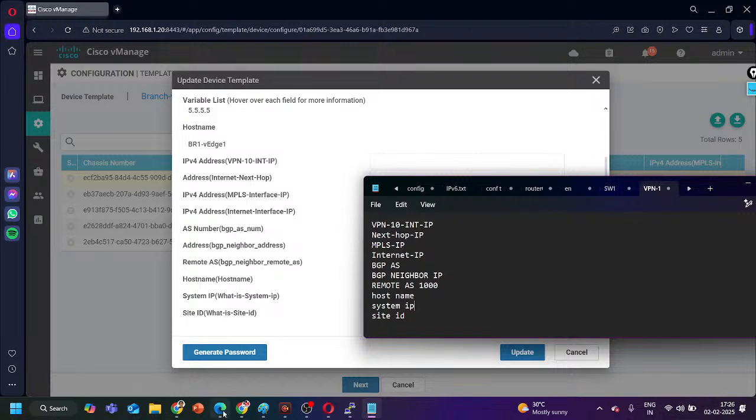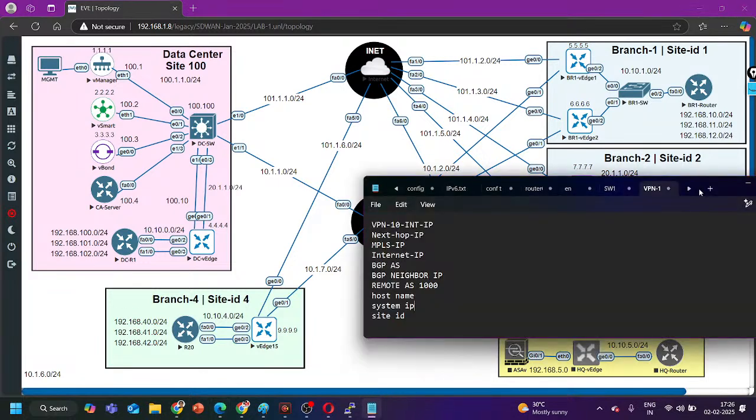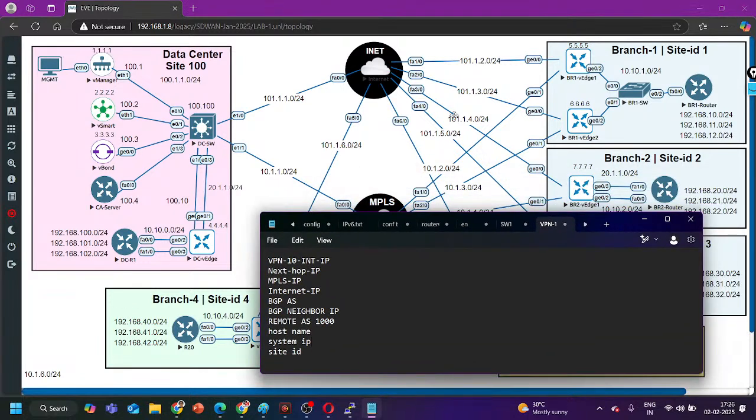So you can check here all the information on branch 1 VS1. 5.5.5 is branch 1 VS1. What is the IP address on MPLS, like on the VPN 10 interface? 10.10.1.1, correct? Next hop IP address 101.1.2.2. MPLS interface IP address, no, that is 10. Yeah, correct. Sorry. MPLS interface IP address 10.1.2.1. Correct. Internet IP address